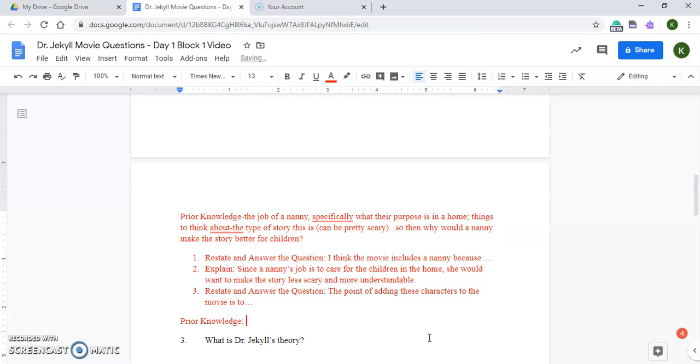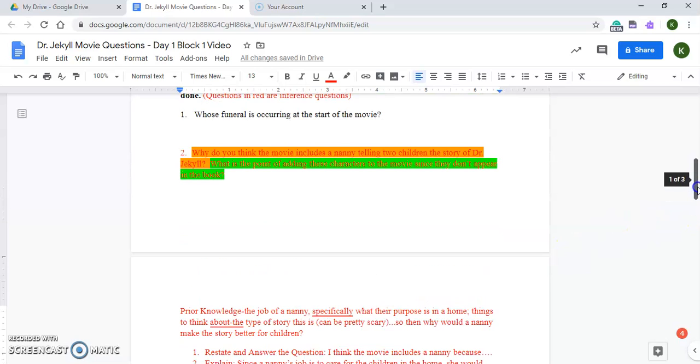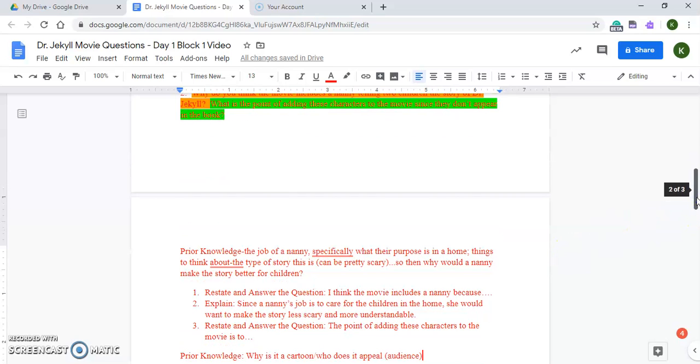are the things about the fact that, well, what's the purpose of a cartoon? Okay, so why is it a cartoon? So slash, like, who does it appeal to? And you think about the audience. So who might watch this movie? Okay, so why is it a cartoon? Why is the audience probably going to be more children than adults? All right, so that's the first thing I'm going to think about for why you would have those types of